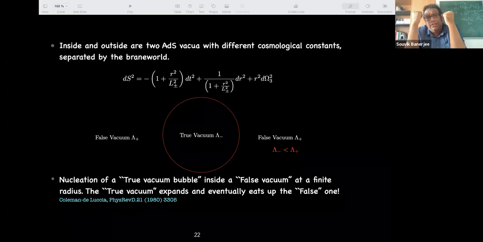The whole thing, from the perspective of an effective field theory, can be thought of as a false vacuum decay, where a nucleation of a true vacuum appears inside a false vacuum at a finite radius, and eventually the true vacuum expands and eats out the false one. So this is something like the analog in classical mechanics, where you have